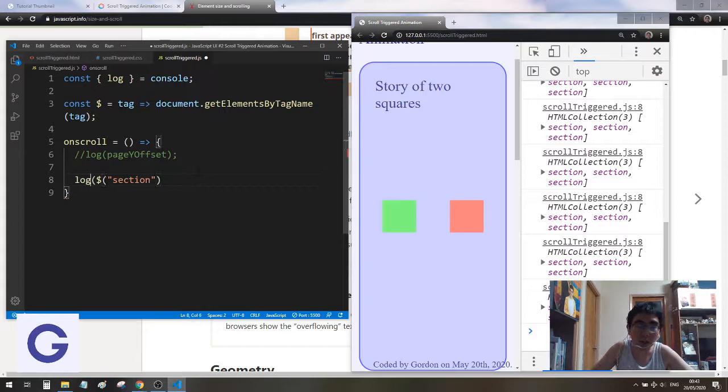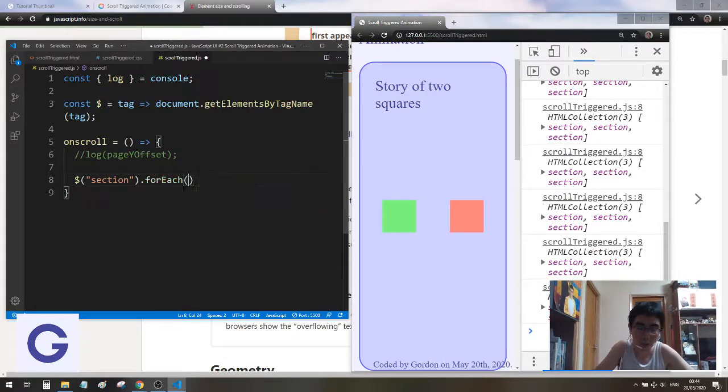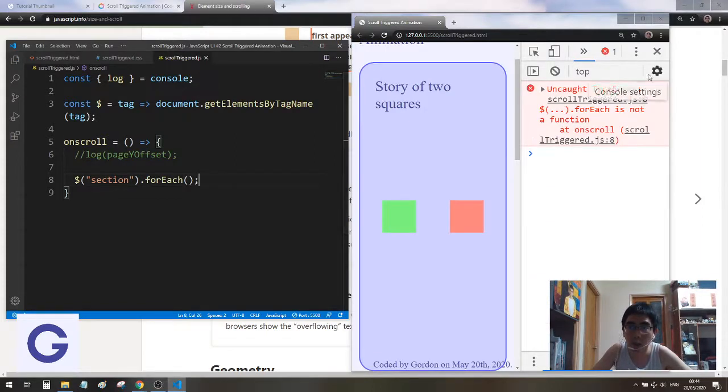If we have this HTML collection, and if we try to use the forEach function, we should get an error. Let me try. Yes, you see, HTMLCollection.forEach is not a function, because forEach is an array function. So now we need to use